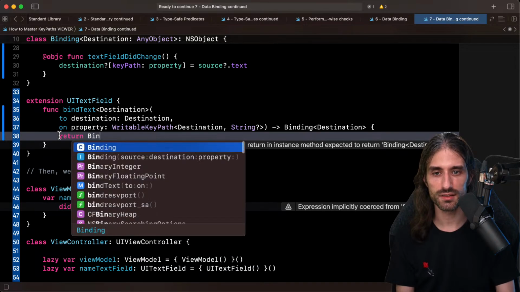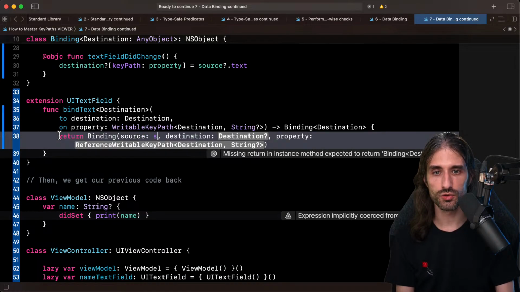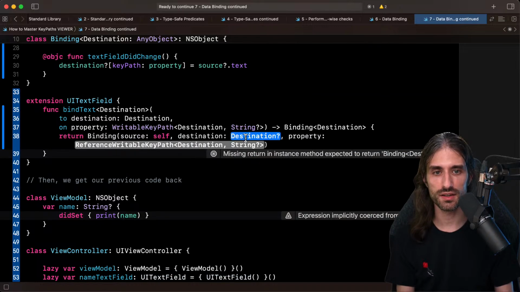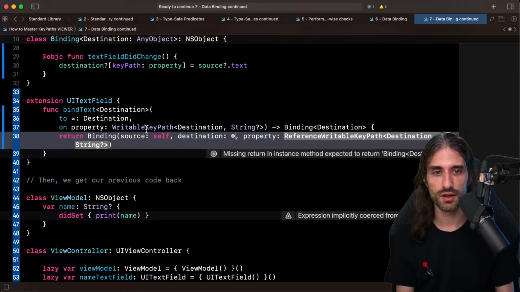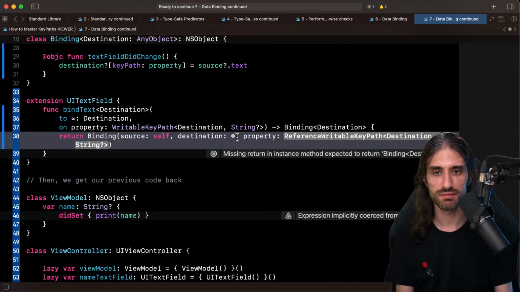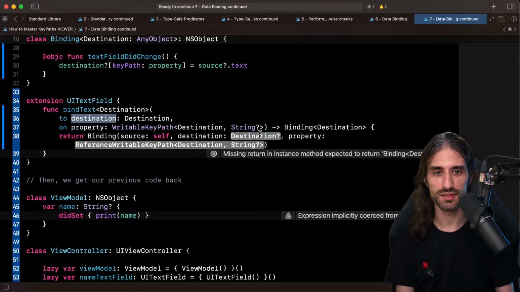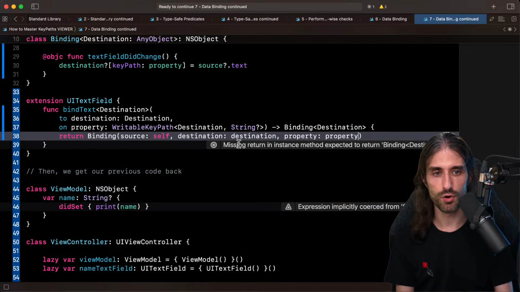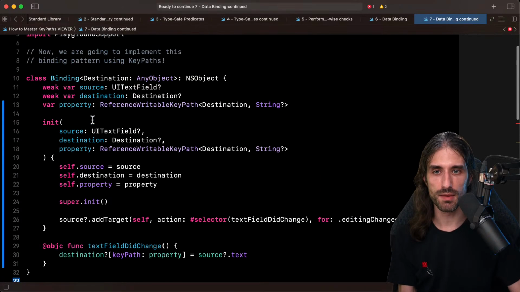So I create a binding. The source is self because I'm in an extension of UITextField. And for the destination and the property, they've just been passed to me as arguments. So we have our binding implemented.